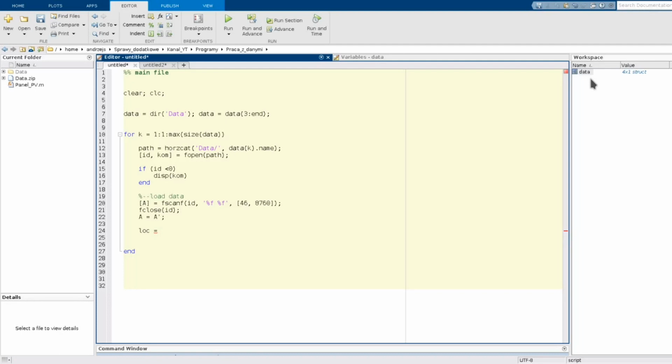So data dot name. Okay, and for example I would like to remove those .txt which is in the end of the name. So from 1 to end minus 4. Okay, just remove 4 last characters, which is .txt.